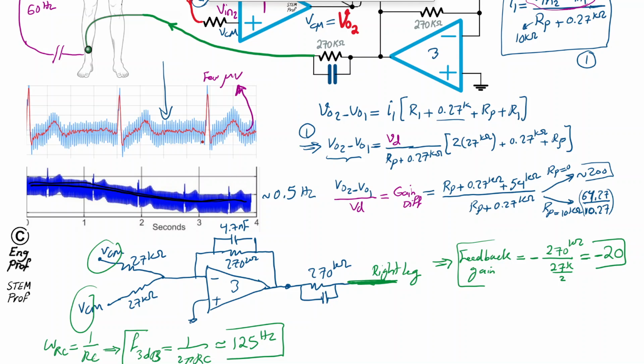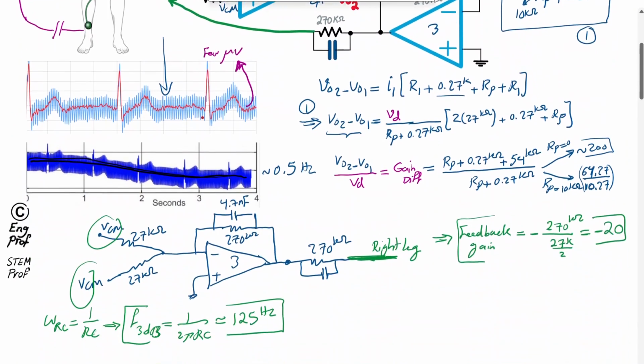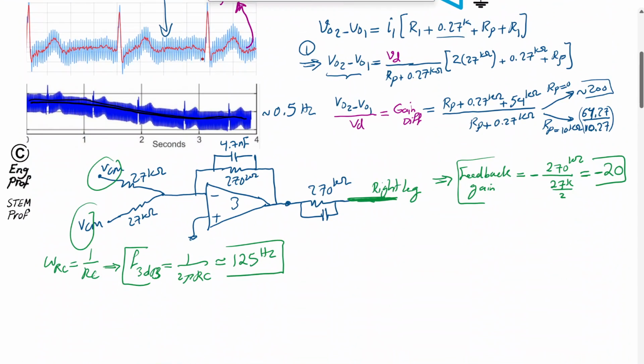So what is the benefit of that? Effectively, what I showed you is if there is a common mode signal picked up, as I showed, the gain of the feed-forward amplifier from input to output is 1 for common mode. So V common mode appears at input and then it shows up at the output as it is. And then of course whatever voltage appears here, we are driving into an A to D, or analog to digital converter, in order to digitize it for further post-processing in the digital domain. So the feed-forward gain is 1, so effectively I can think of the circuit for common mode